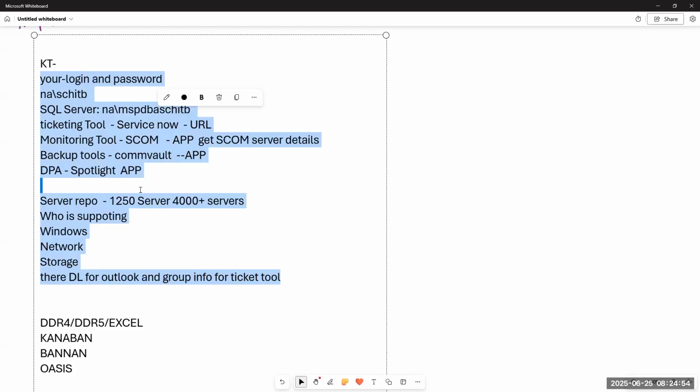Before you start picking the tickets, there are minimum details you need to get, sir. For example, you are new and in the night shift. No one else is in the shift because you are very good at technical work. Your managers and team leads trust you a lot, and they placed you in the night shift.